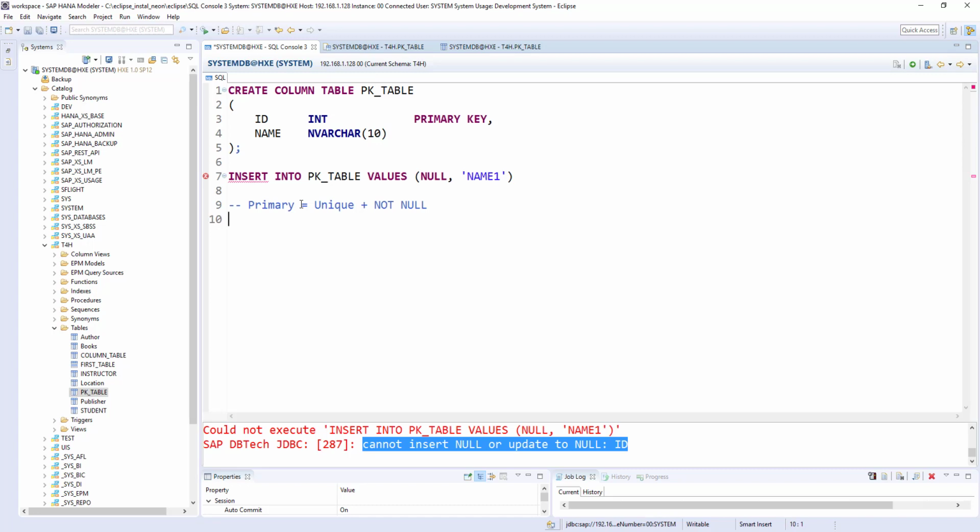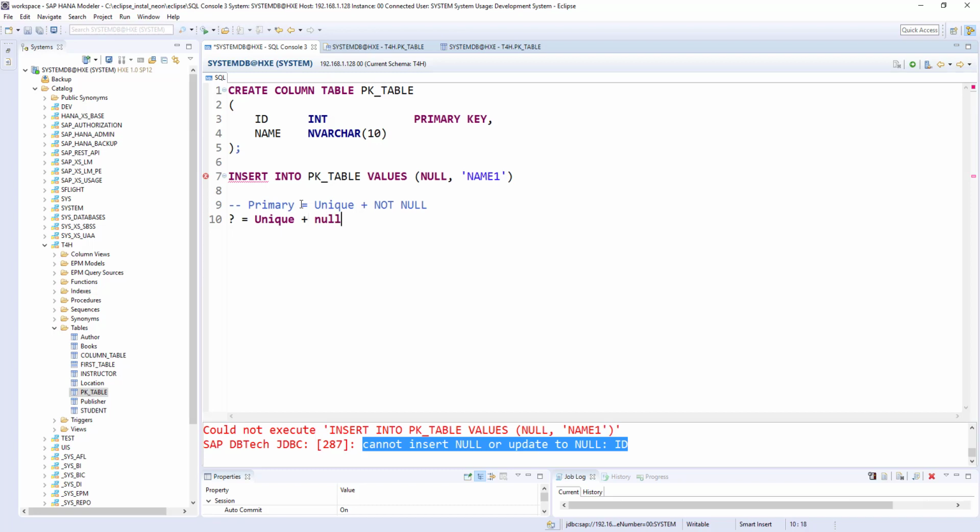What if we want unique values plus null?